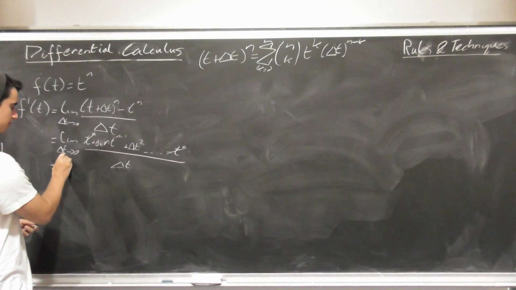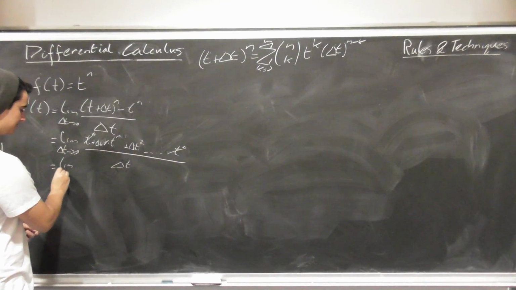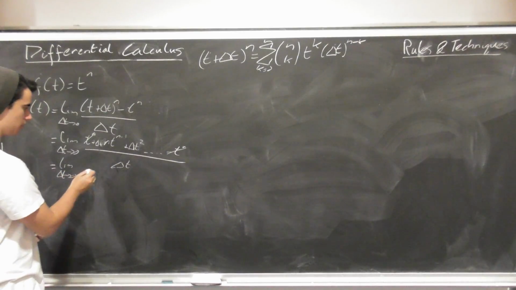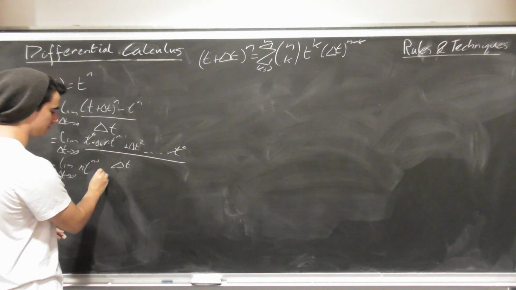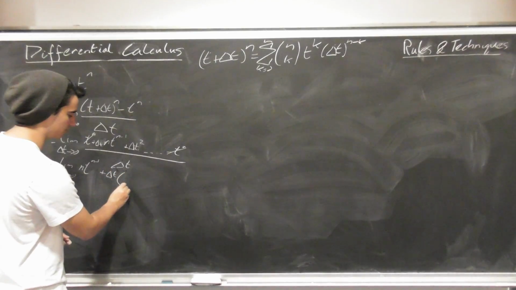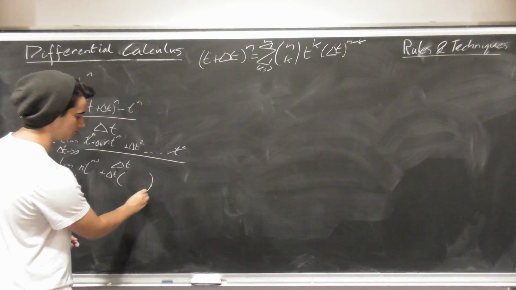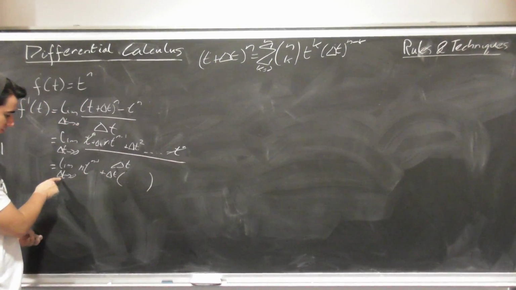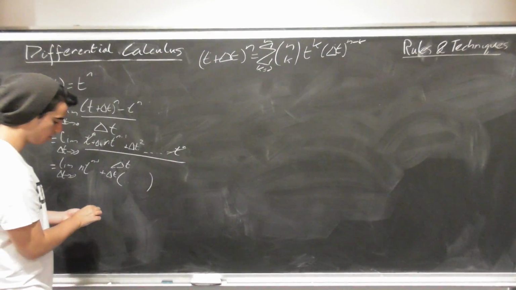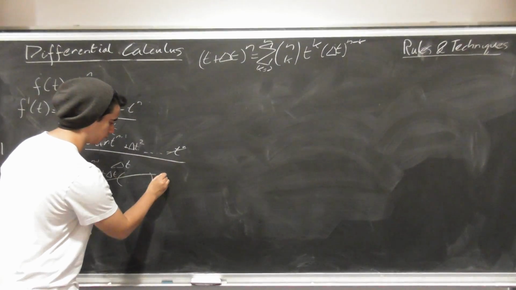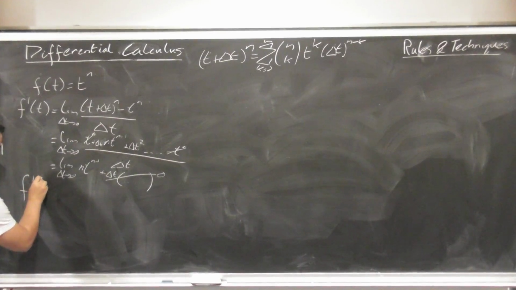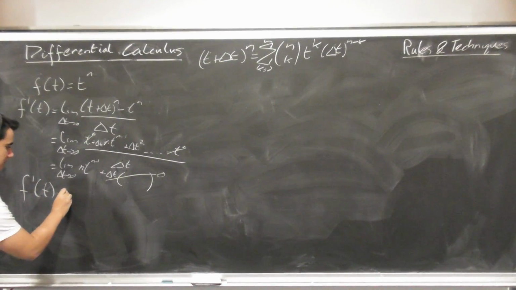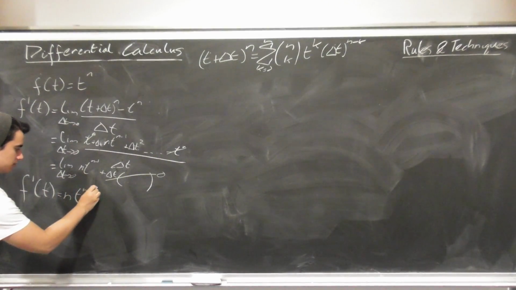So we'll end up with the limit as delta t goes to 0 of n times t to the n minus 1 plus delta t times some function. That doesn't really matter. But we'll notice that as delta t goes to 0, all of these will go to 0. So we're left with f prime of t as n times t to the n minus 1,